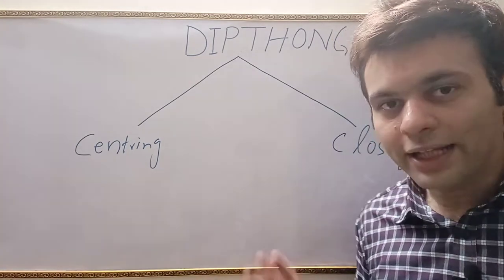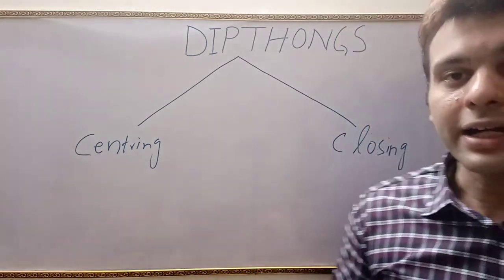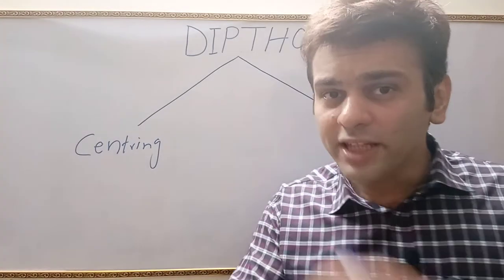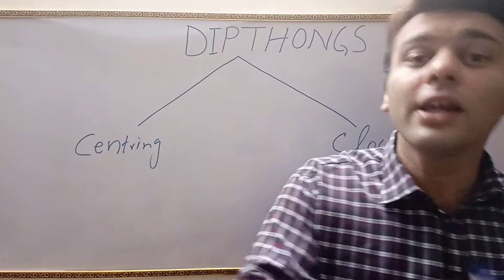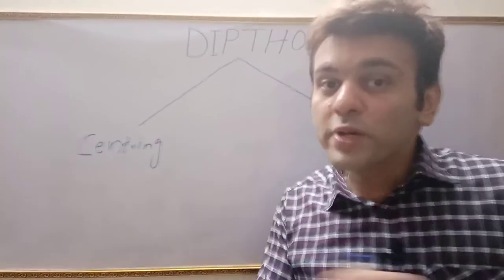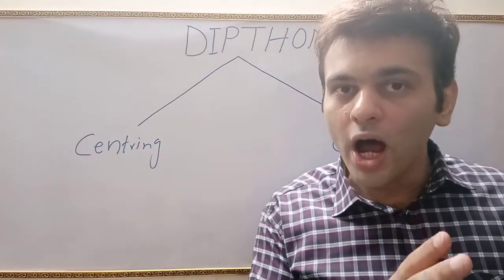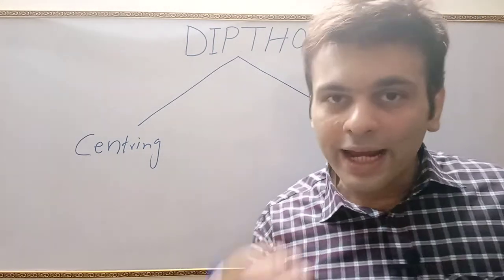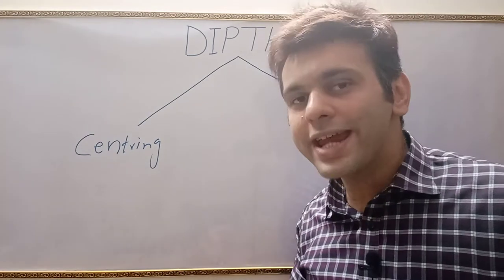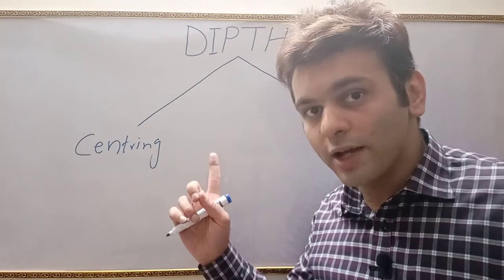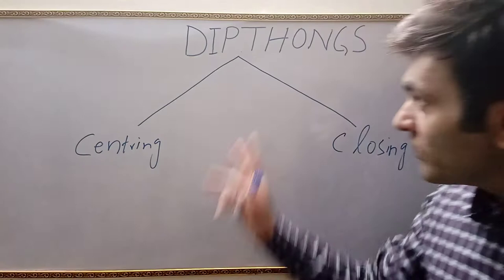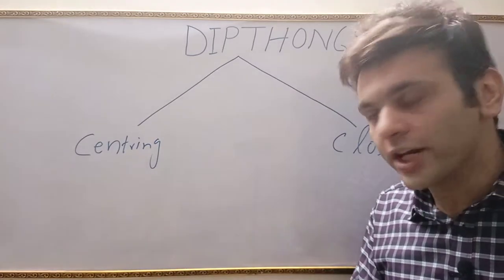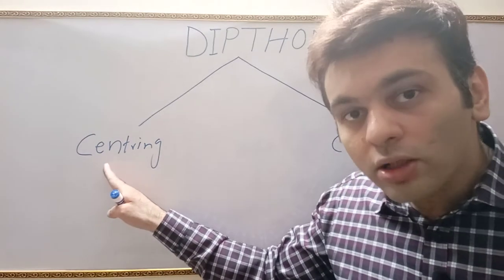Before explaining them, you must remember one thing, that there has never been a case where these diphthongs have been explained at length in the classes at BS level, and that's the reason why the students of linguistics are often stuck in identifying and appreciating these vowel sounds, especially the diphthong sounds. So you must remember that there are two classifications. Now, how do these two classifications operate? Now, centering diphthongs